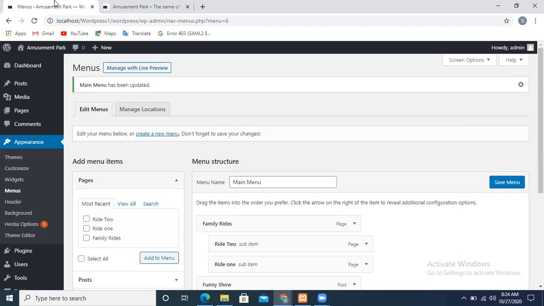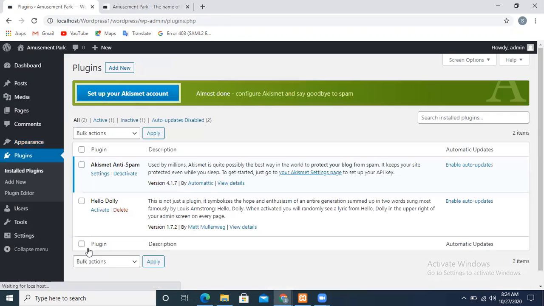Now we come to the second objective, which is related to the plugins. Now I am going to describe simple plugins. Basically, plugins are software which we can use to edit our website in a very easy way. Right now I have installed the Akismet plugin. Basically, this plugin is used for anti-spam. If you have any kind of spam mails or spam comments, then this will help you to secure your website.